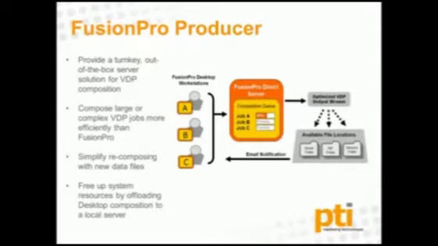And we have a unique component that's simply recomposing with new data files. So if you already have a job that's done and you want to use it over and over again, you can just click on the recomposing feature, and that will allow you to recompose by just uploading a data file. And then you free up your systems, because basically what you're doing is you're offloading this from your desktop. FusionPro VDP Creator has to use your desktop for the composition task, but Producer offloads that composition to a server